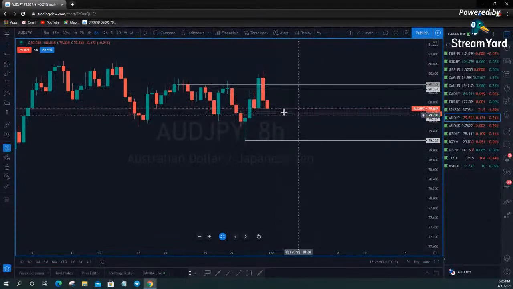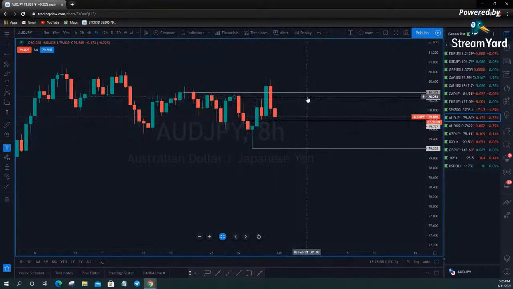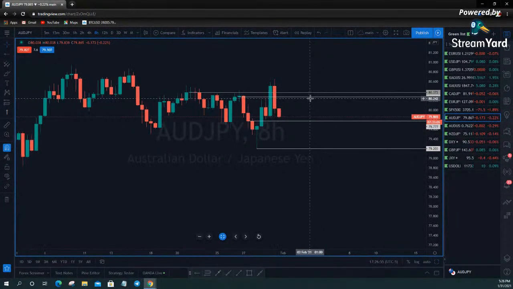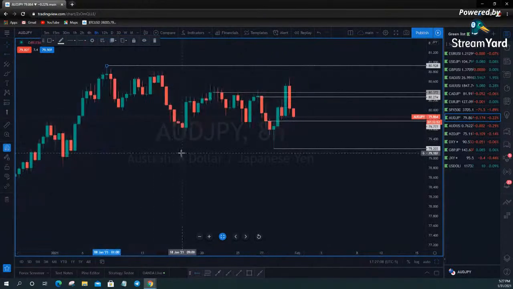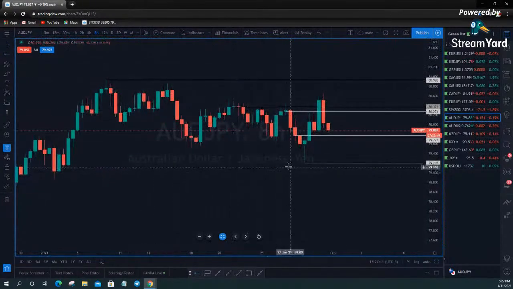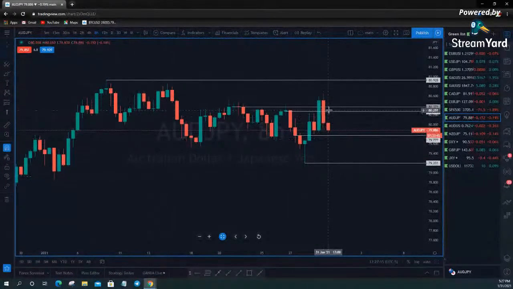I'm not going to buy this, because I am short term. My bias is to the downside. This will be an area for it to get up into this area to look to be met with more selling. If we break out above this area here, then this will possibly be a fake out and we're going to move higher and take out these highs up here. So your bullish target, if you're bullish, is 80.928. This is going to be my first bearish target. This will be my bullish target if this area fails to hold as resistance.